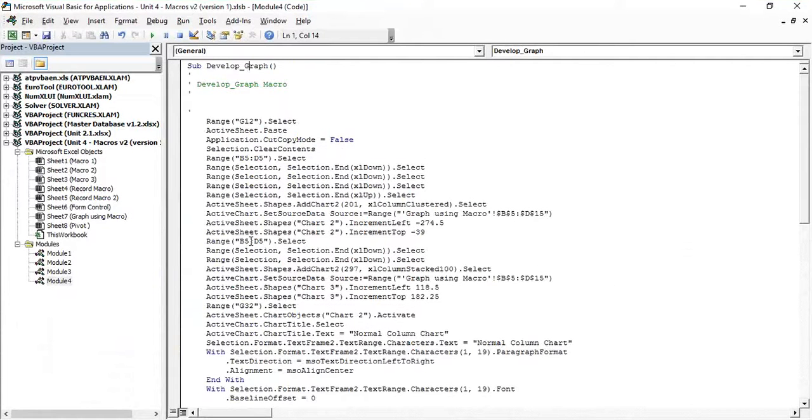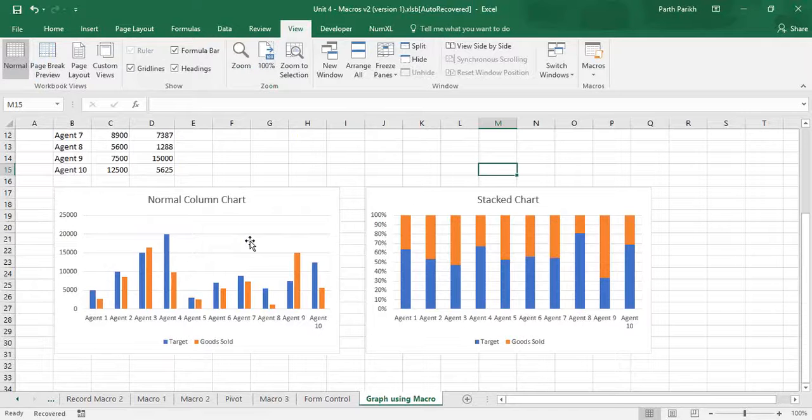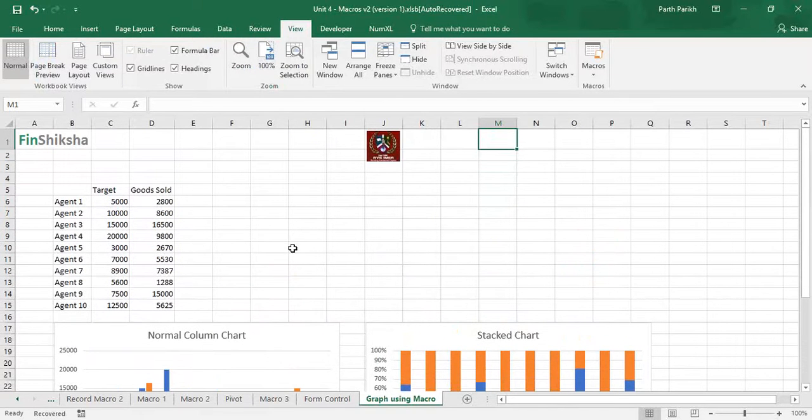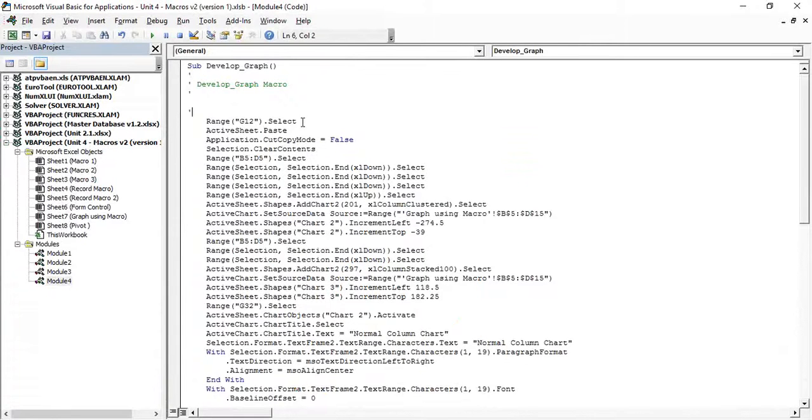First, we selected the range G12, which I initially selected to paste. This is actually not required, so I can remove this entire part, because I had initially selected it and wanted to paste, but the usual operation is not like this.